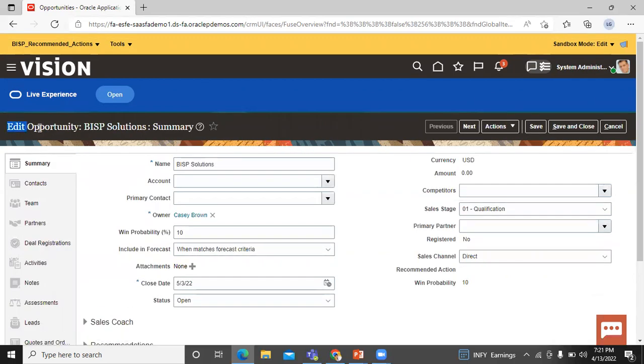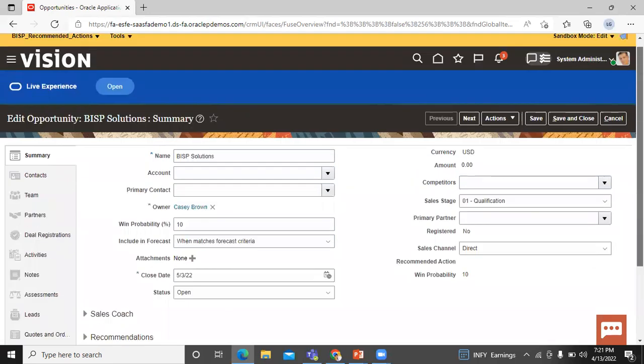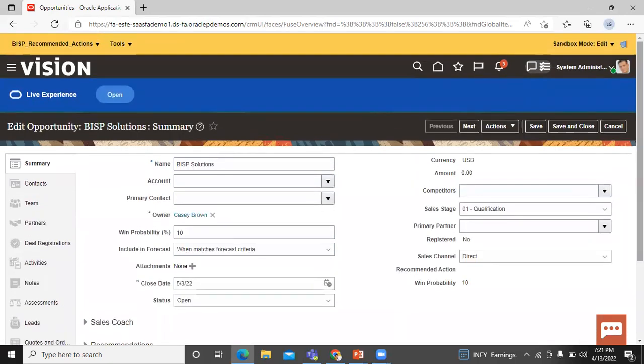In the edit opportunity page, we can see the recommended action and win probability fields get displayed. So this is how you can add a recommended action and win probability on the edit opportunity page in the